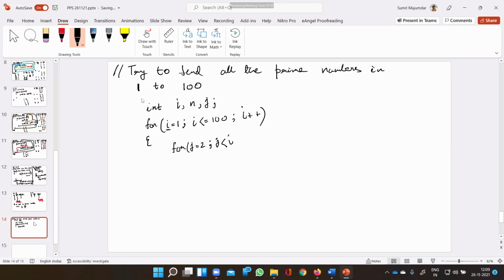You can reduce the time by checking whether it is even or not. You can do that too. You can modify this code so that the number of loops can be reduced. We will come to that in a later class. But keep it simple.